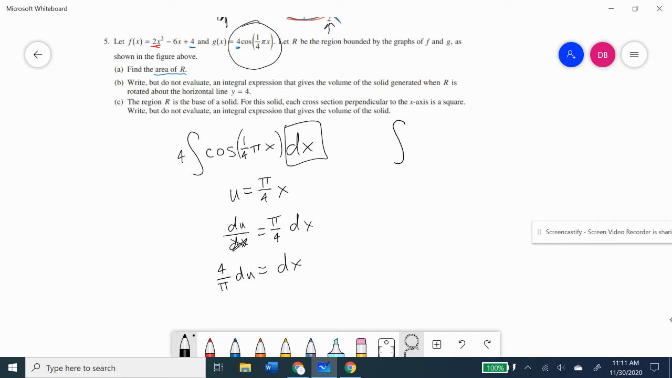So this integral turns into 4 times cosine of what was chosen to be u, and dx is replaced with 4 over pi, which I'm going to write over here, times du, because I can pull the constant multiples all the way outside. And so this gives me 16 over pi, and then I integrate cosine, and I think carefully. I know I'm getting sine,